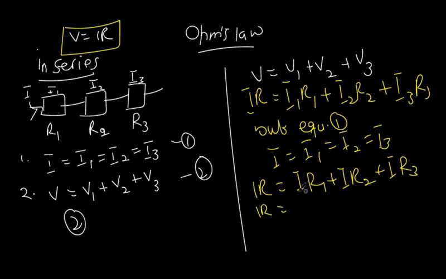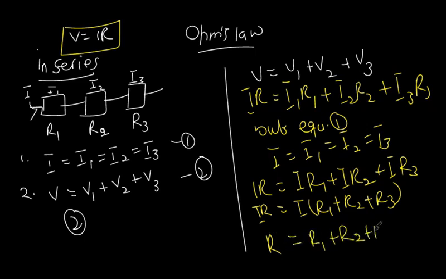But then we have the same I out, so we can factorize the I out, and then we have R1 plus R2 plus R3. But then again we can see that the I over here, which is the current over here, is the same as the current passing through over here. So they are both the same, so they can cancel out, or we divide both sides by the I. So we will have the total resistance, which is R, to be equal to R1 plus